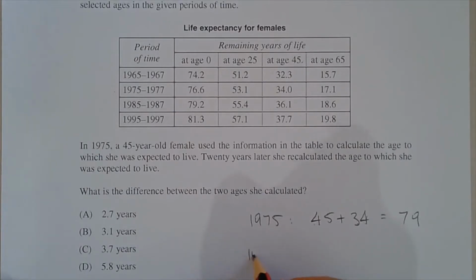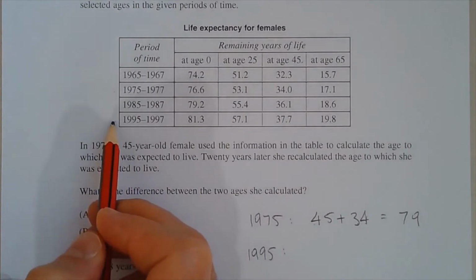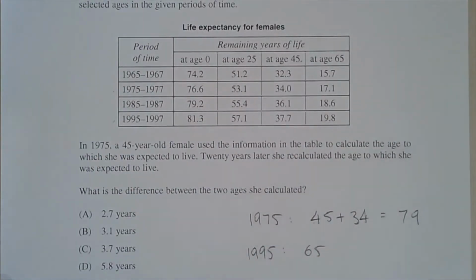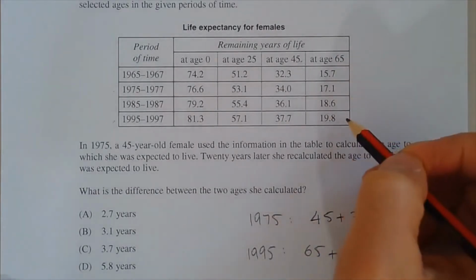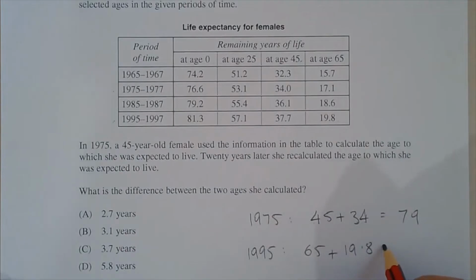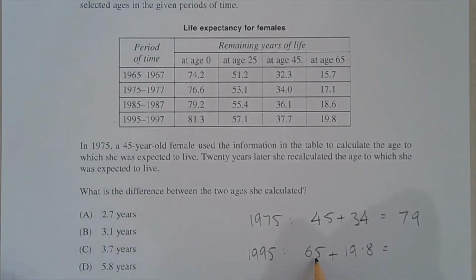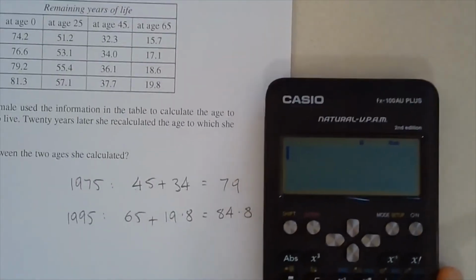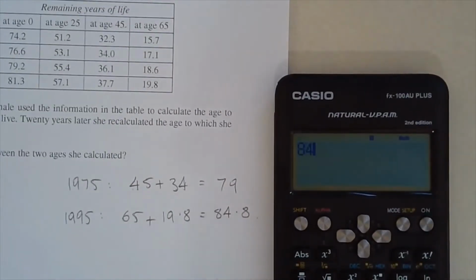20 years later, so this is 1995, so using this row here, okay, she's 65 years of age by then, so adding another 20 years, and she's expected to live another 19.8 years. Okay, so that takes it almost to 85 years of age, so that'll be 84.8 years. Okay, and the difference will be, okay, so if you don't trust yourself, you can always just use